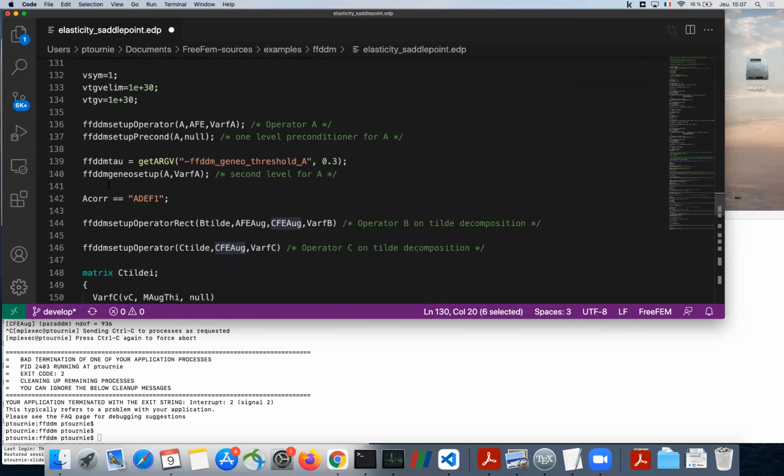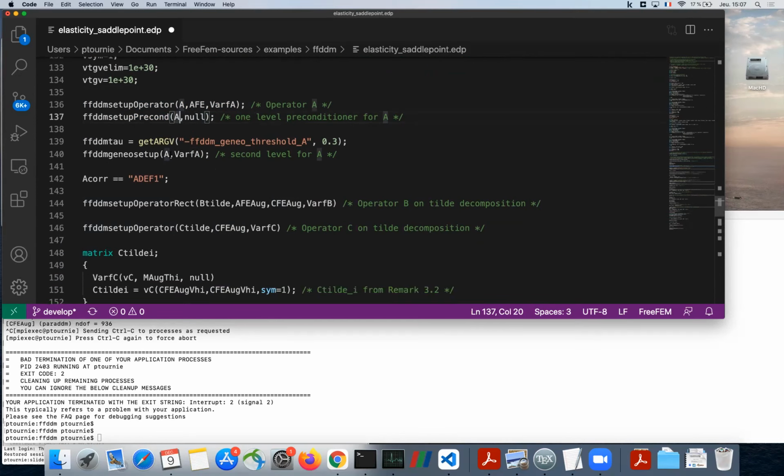And then this is standard stuff to define the GenEO two-level preconditioner for operator A. So I define my operator A here from the variational form for A. This is the A block, the distributed A block. I can define a one-level preconditioner, RAS for example, for this prefix.